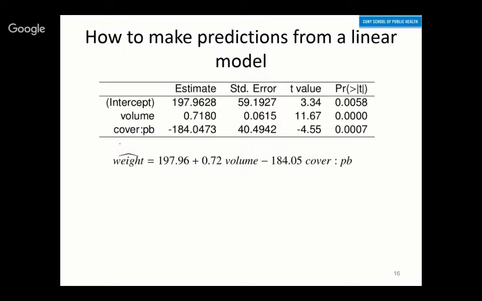So this dummy variable cover colon PB is 0 for hardcovers and 1 for paperback books. So your volume is a numeric variable, and this dummy variable for the binary variable cover type is also numeric,